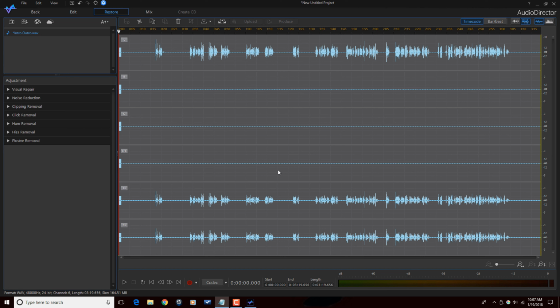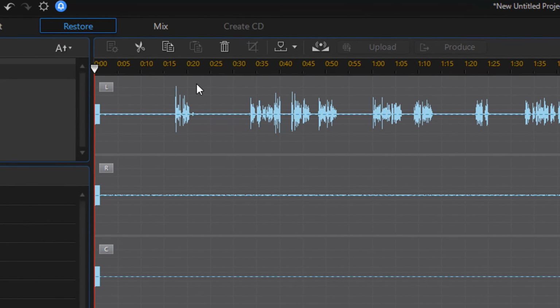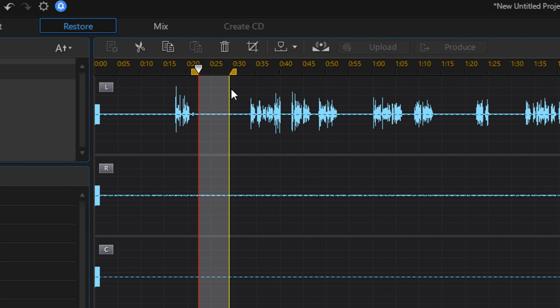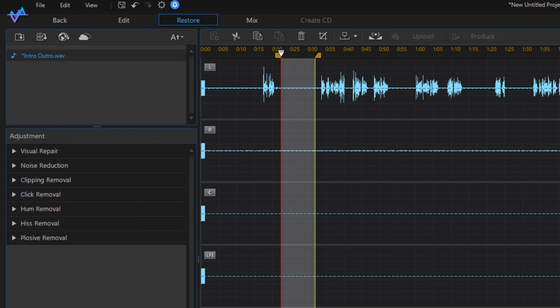Now what I want to do is select a portion of the clip where it's just the background noise, just the ambience. This should be good here because I know I'm not speaking here, because the waveform is not large at this point. So I'm going to select this by left clicking here within the grid, holding down my left mouse button and dragging it across. Now just this portion is selected. This should be just background noise and no speaking.